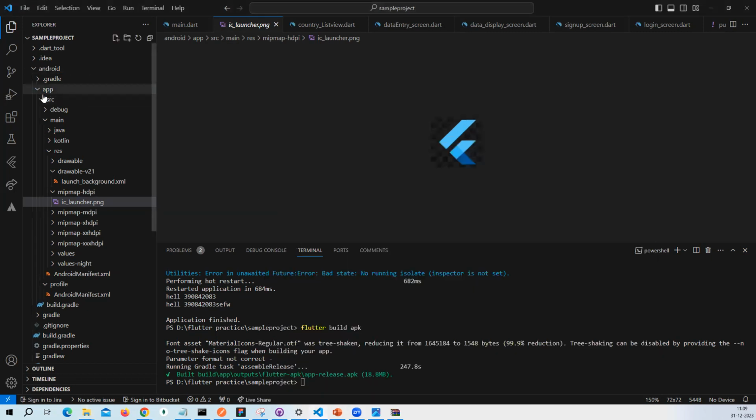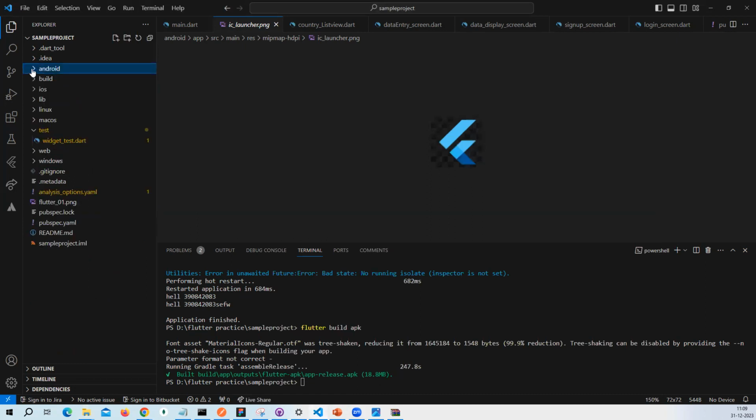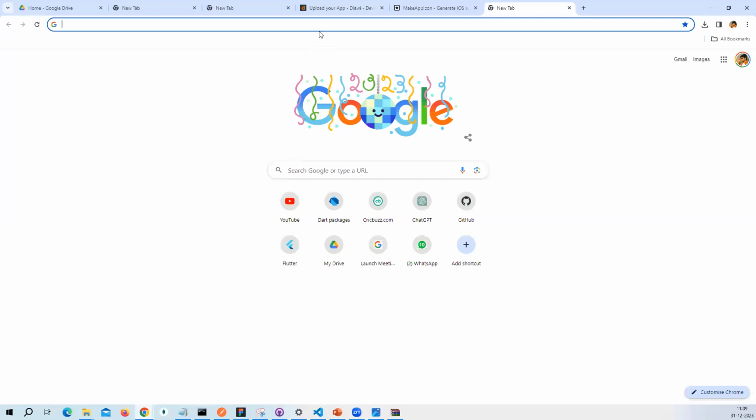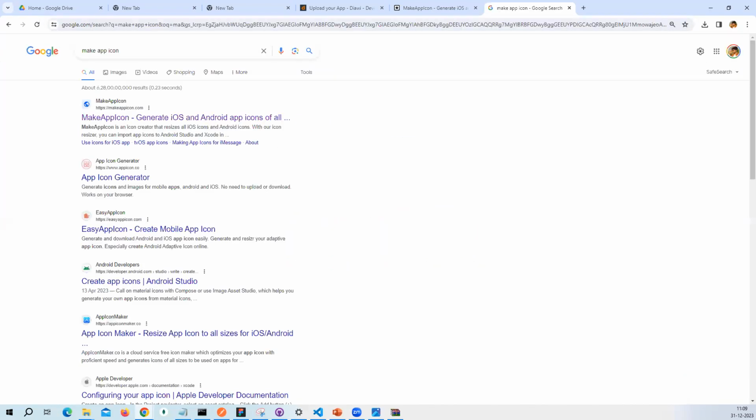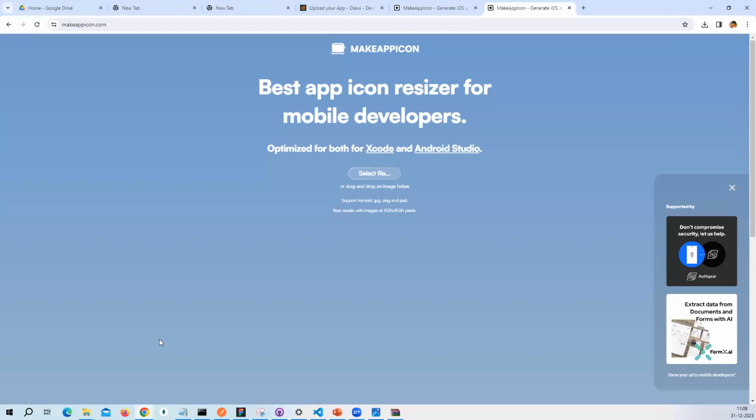I will go to my project. Again, I will repeat. The first step is to generate the icon from the Make App Icon website. Choose the icon and drag and drop it, select a file or drag and drop your icon. After selecting that, it's processing and gives the option to download the icon. After downloading the icon,